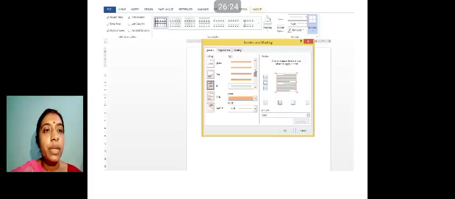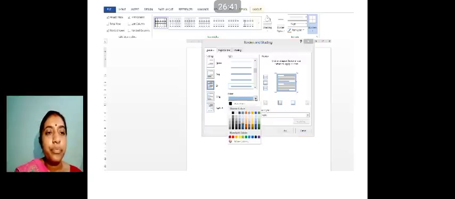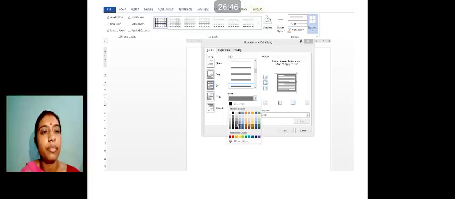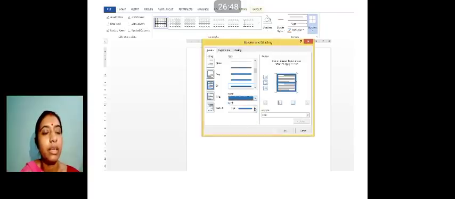Now here from Border you have to select All. Here Style is there, whichever style. You can see many styles are there: thick border line, double line, triple line, many colors are there. As I am choosing, that color is changing. Then Width, what will be the width of the table and that border? I am changing the color according to your requirement. Different patterns which you select, different widths will be given to it.